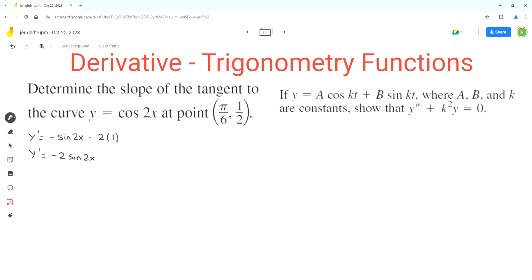Now we have to find the slope of the tangent at the point (pi over 6, 1 over 2). In order to find the value of the slope, we should sub in x as pi over 6 in this derivative. So m, which represents the slope, is equal to